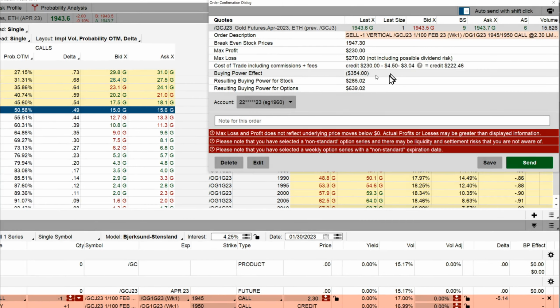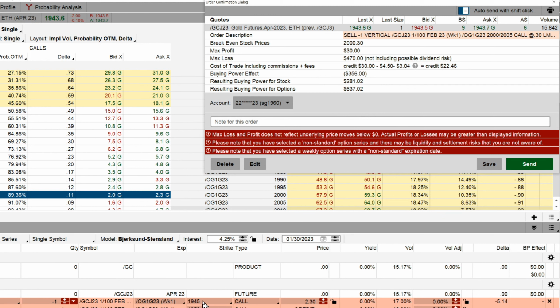Okay, most important is what's the break even? The break even for this trade is 1945.30. For you to lose money, the market must go above 1950. This one, for you to lose money, must go above 2,500, which is